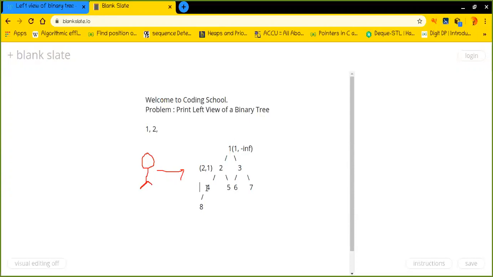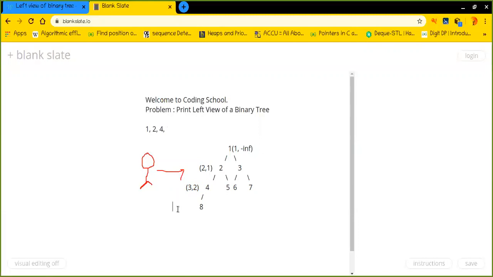And simply we will go down, and here the current level actually increased from 2 to 3, and the previous level is the current level of the previous state, which is 2. Right here also we can see that the current level is greater than the previous level, isn't it? So we will print 4.